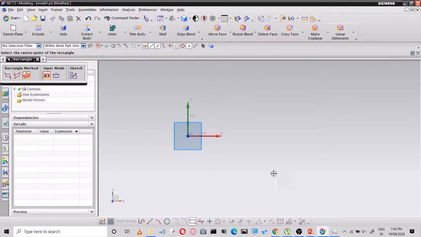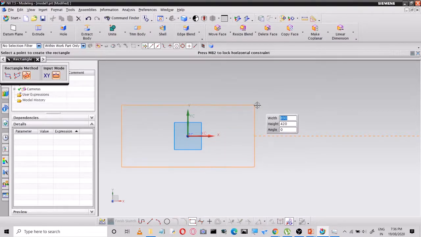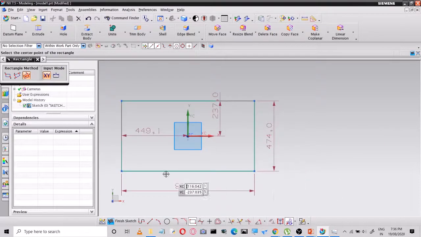So next is center point. First you need to specify the center point of the rectangle. Then half of the width. Now it is taking a full width here, 390, then half of the height. So it is going to show full here. Now 470. If you measure, it is 474, it is 900. But the specification is half. You are specifying from center point to half width, but the reading is taken as 2 times. From this point to this, it is half of the height, taken as 474.